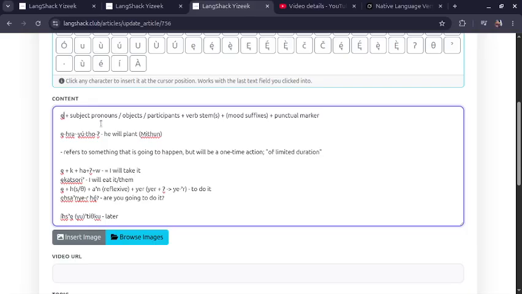And in the second position, we would do the subjects and the objects. So any subjects and objects are going to be in there, or whoever's involved in the sentence. And then we have our verb stems, and then mood suffixes if you need to use those, and then your punctual marker. So an example from Mattoon